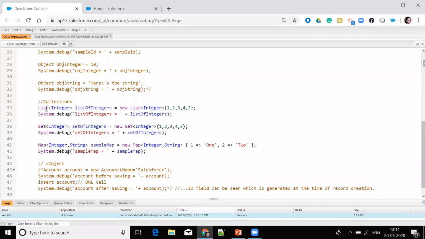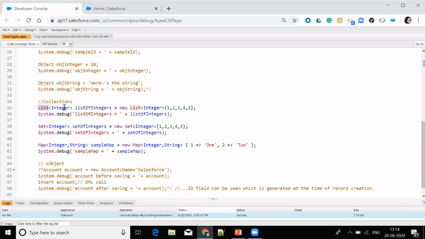So here I have initialized a list of 5 values, which is 1, 2, 3, 4, 3. I have repeated the 3 value to show the difference between list and set. The difference is that a list can have duplicate values, but a set can't have duplicate values.